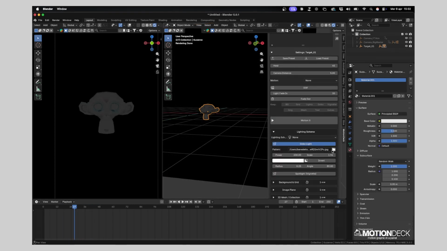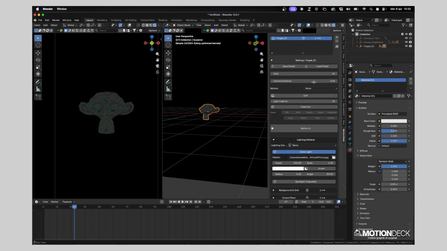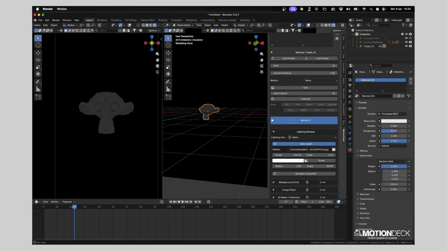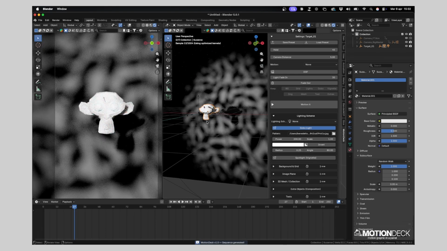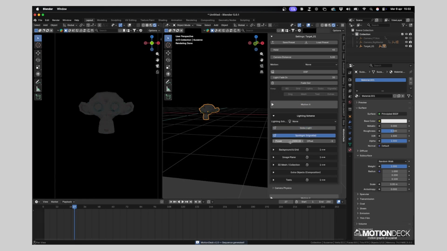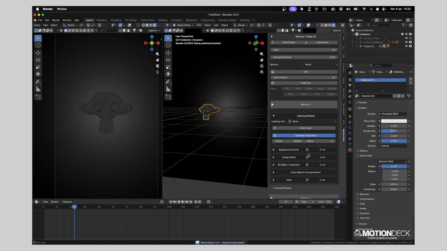We can also add a gobo light, load a black and white pattern, control the power, invert the mask. The alpha is handled automatically when the node is created. And we have a spotlight that creates a vignette effect on the background, a natural edge fall-off that adds depth